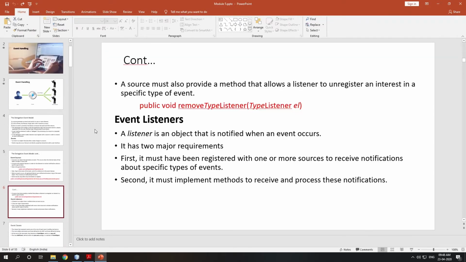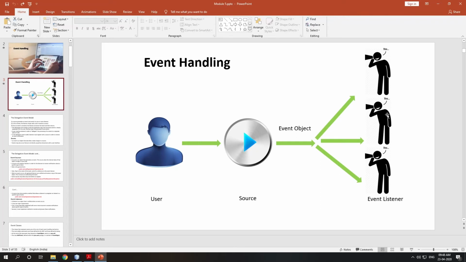Okay, now event listeners. A listener is an object, I have already explained, that is notified when an event occurs. It has two major requirements. First, it must have been registered with one or more sources to receive notification about a specific type of event. See, for a specific type of event there are specific types of listeners, not the same listener for all events.